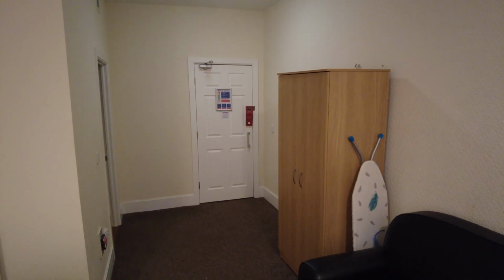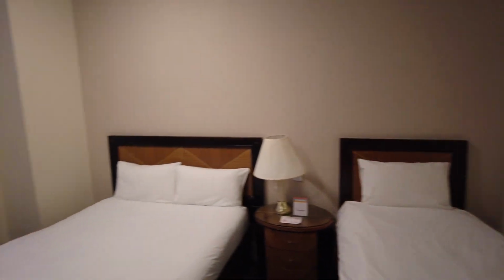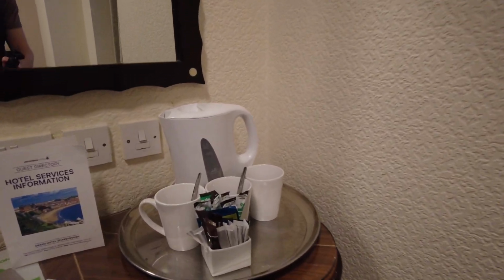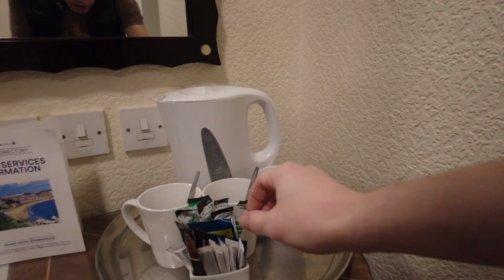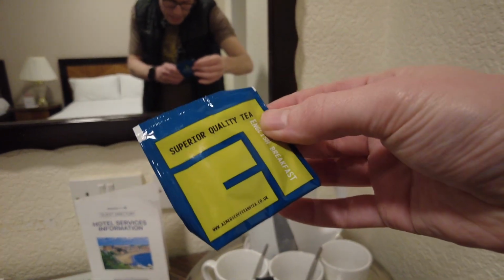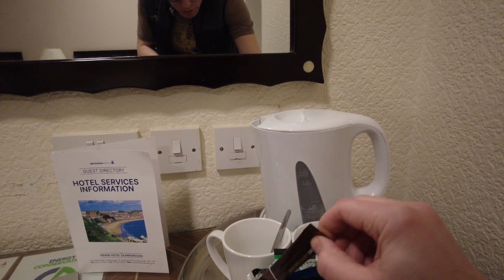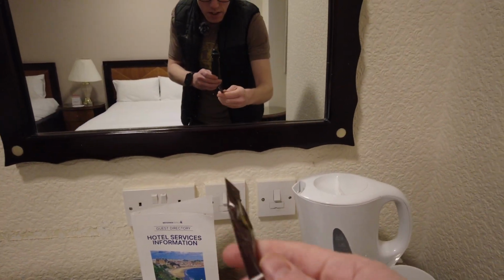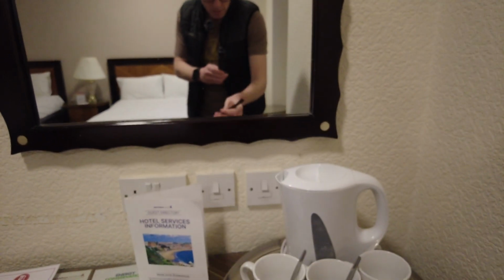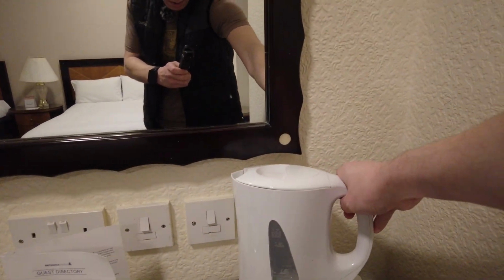Wardrobe seems kind of, it smells clean, doesn't smell musty, doesn't kind of smell of any damp. Got the usual bits, so we've got our tea, coffee, I've never heard of that tea, a superior quality tea for English breakfast, milks and freeze-dried coffee, and it literally says freeze-dried coffee. Okay, cool. Interesting to try that out. Standard